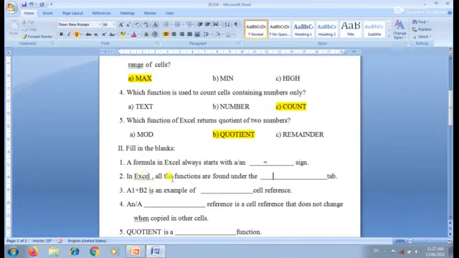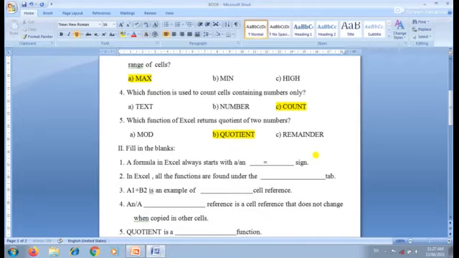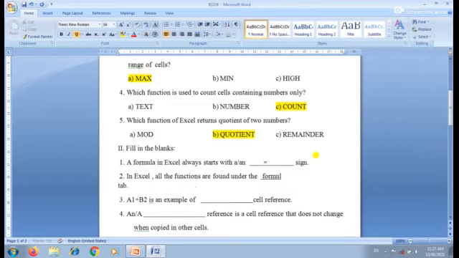Okay, the second question. In Excel, all the functions are found under which tab? Having any idea? Formula tab. All the functions are coming under the formula tab. Don't forget, students.